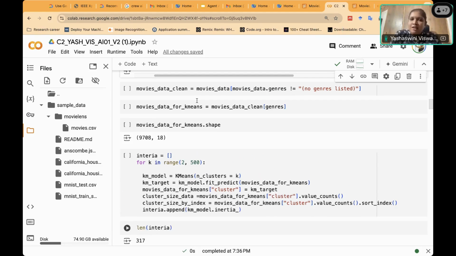What is k-means clustering is you will have centroids and make clusters of similar movies together. And then when a particular movie in a particular cluster is watched, you suggest other movies in that cluster for the user. So that's how a movie recommender system can be built.